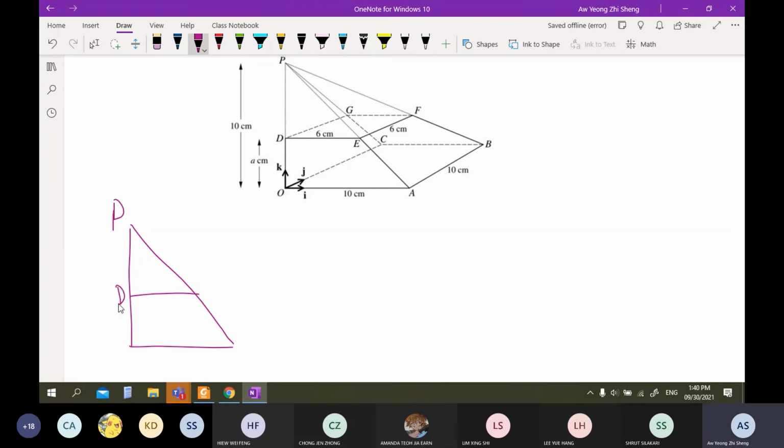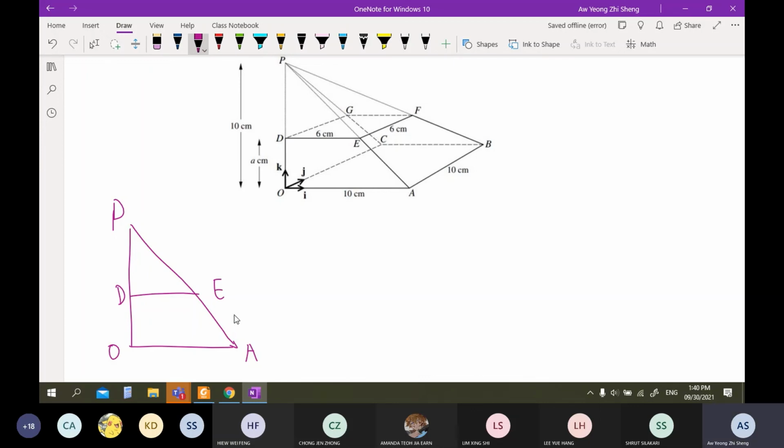PDE and POA. One triangle is an enlargement of the other. This should be quite obvious. So these two are similar triangles. One very easy way to identify similar triangles is that when you have the three interior angles of the two triangles,